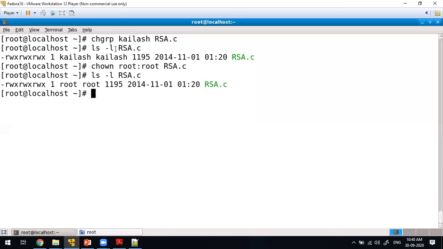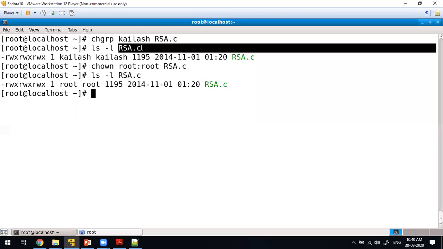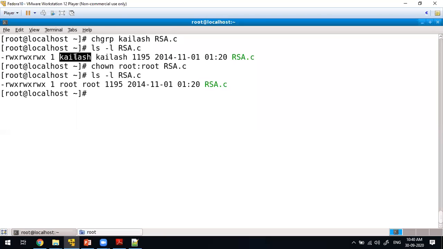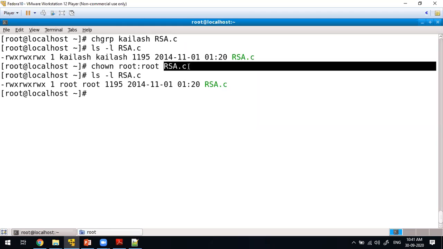See now, I have changed the file's owner from Kailash to root and the group owner from Kailash to root, but with a single command. In chown, the first name changes the username, meaning the owner, then a colon, then the next name, another root, indicates the group owner, followed by the file name.